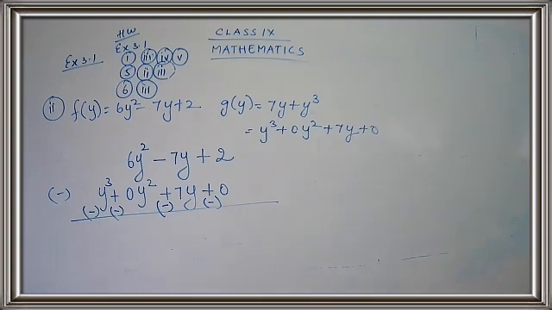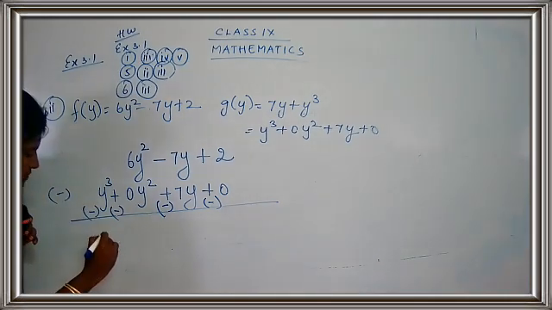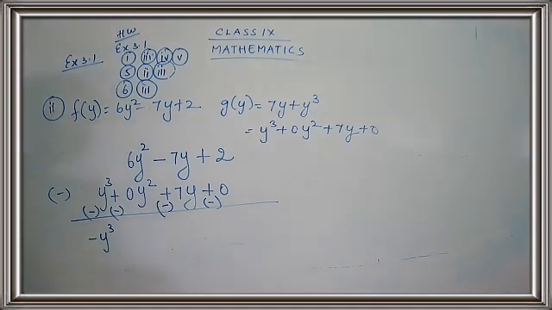Okay, now we are going to go for the answer. Let us do the sum. So now there is no pair. There is nothing to be done for y cube. So I'm just going to write this down as minus y cube. Remember to take the new sign. You are not going to take the old sign. You are going to take the new sign. So what is the new sign here? Minus. What is the term here? Y cube. So I get minus y cube.